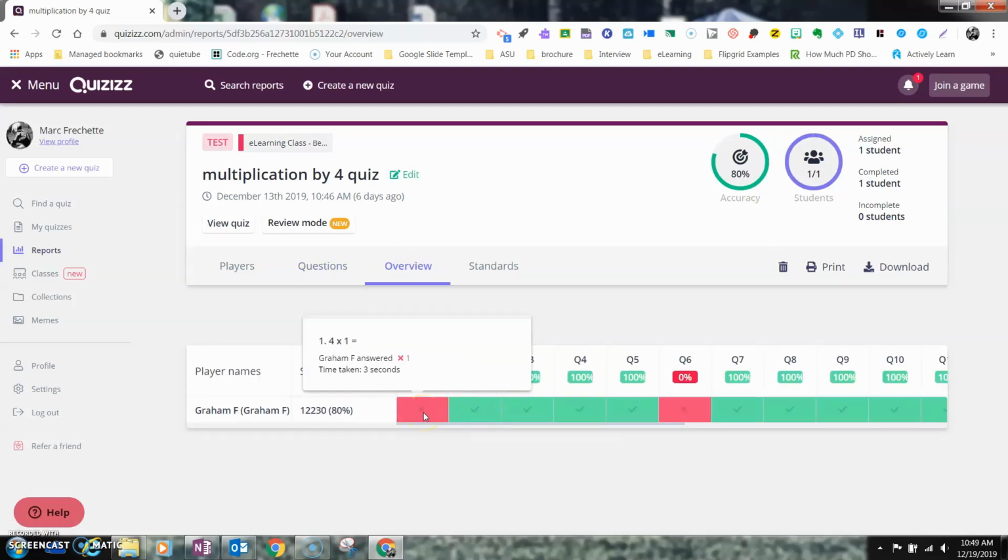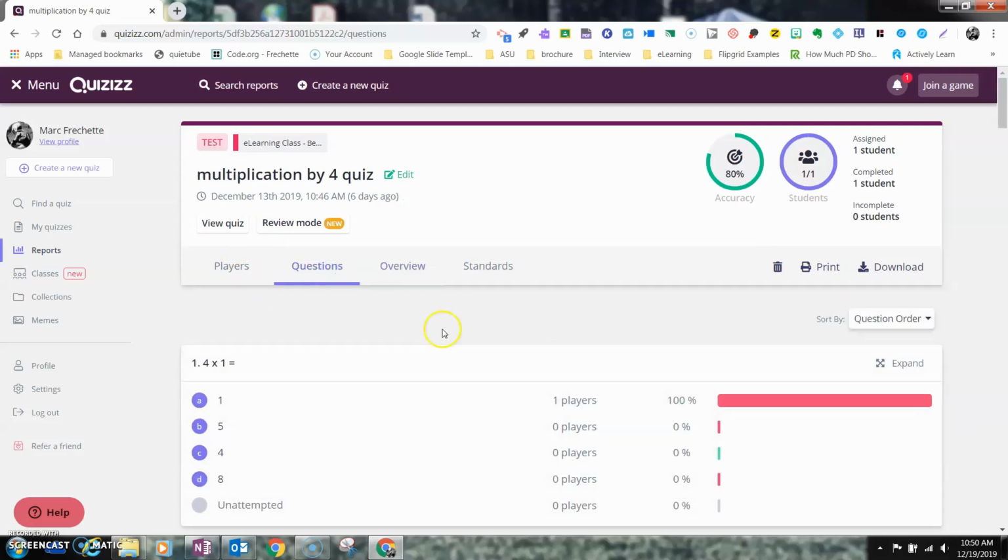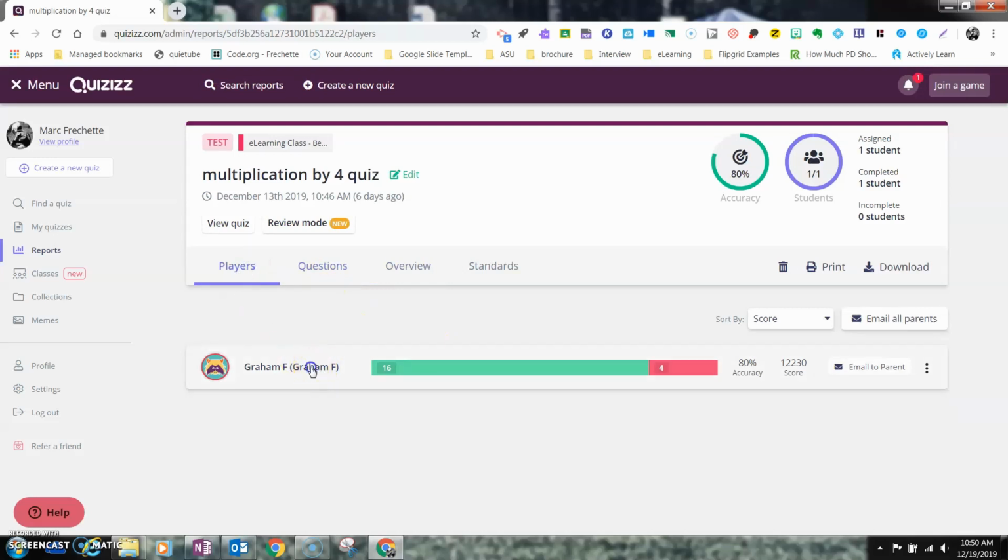It's going to tell me, as I look at these, again, what they answered and then how many seconds it took each student to go ahead and do this. So I can actually look and get an item analysis of this. And if I had it aligned to any standards, I could do that as well. The other thing in this is I can print those results, and I can also download those. So again, it's just some cool features,